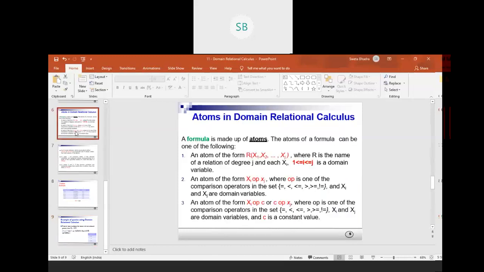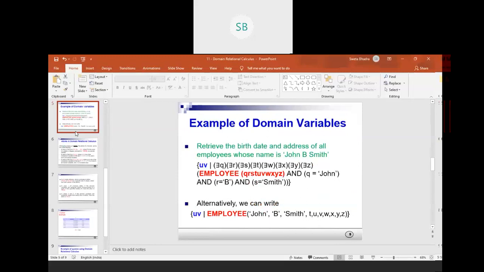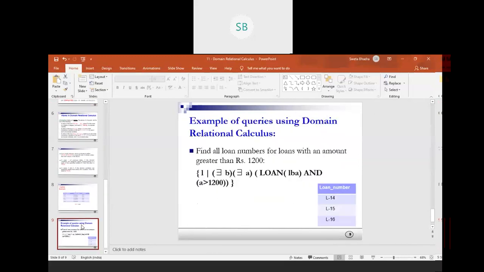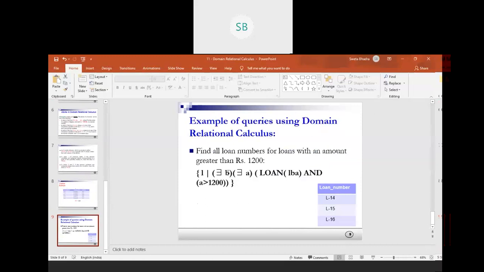Here are two examples I have taken. If I get questions, I'll try to solve those also. Here are the two ways they have written. Alternatively, in a similar way, for our case we can write it in this way. It is also possible to write.